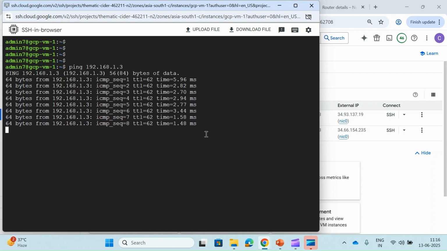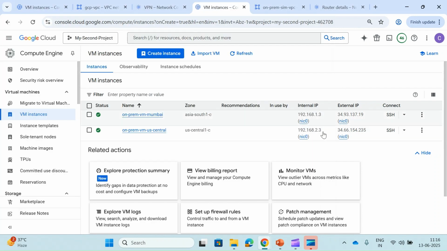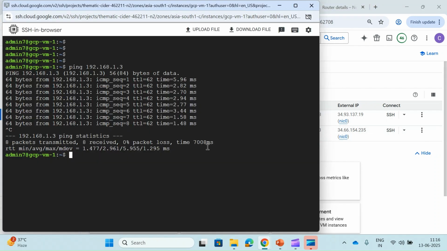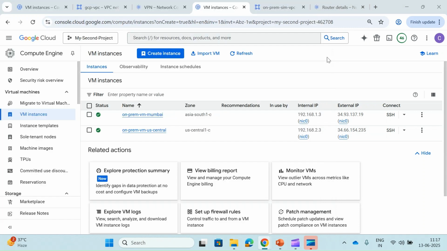That's why we are able to reach it. But let's try to ping this one also. This is in US Central one. Let's try to ping. We can see it is dropping. It is not able to ping. That confirms that our routing is working properly, but it is regional. That's why we are not able to ping.